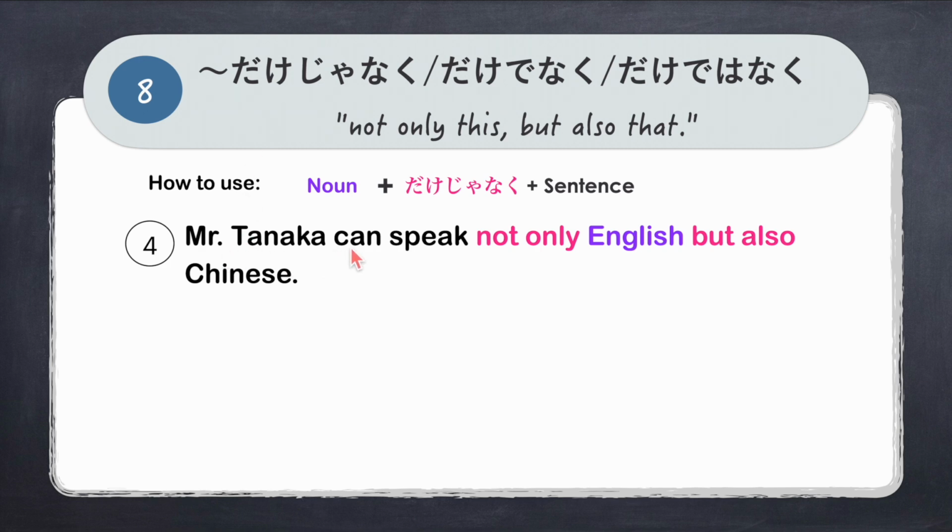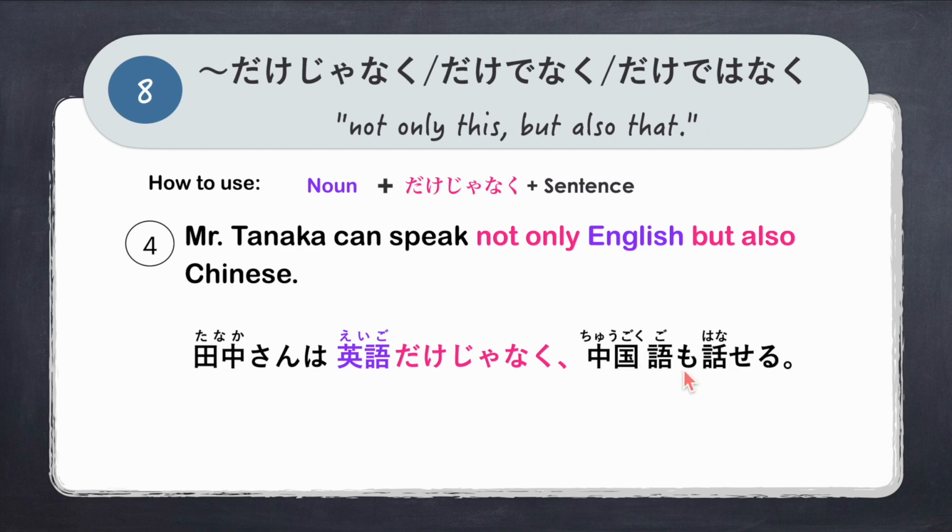Another example, Mr. Tanaka can speak not only English but also Chinese. We say, 田中さんは. Our noun is English. 英語だけじゃなく中国語も話せる。田中さんは英語だけじゃなく中国語も話せる。